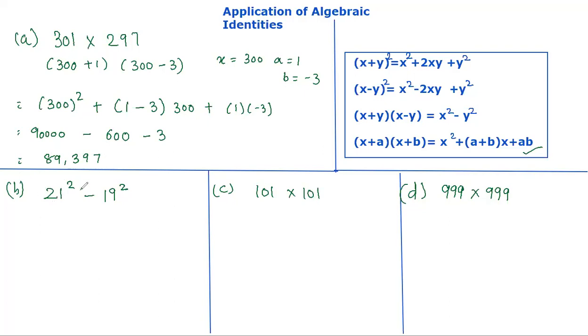Right? Now the second one. Here you can see a square minus b square, x square minus y square. So we have to use this identity in the reverse way. Instead of finding the square of 21 and 19 and then subtracting, it is easier to first add and then subtract the numbers, and then simply multiply a 2-digit number with a 1-digit number. That is not a big deal. So here 21 minus 19 will give me 2, and 21 plus 19 will give me 40, and the product of these two will be 80.